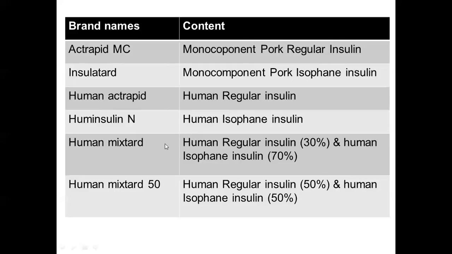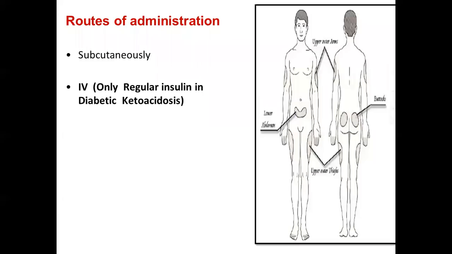And I told you we have got pre-mixed syringes. So you have got human Mixtard, which contains human regular insulin 30% and human isophane insulin 70%. Similarly, you have got human Mixtard 50, human regular insulin 50%, and human isophane insulin 50%. These are some of the brand names which you often come across in your medicine department. So once when you go for a clinical posting later on, you can have a watch on all these things, and maybe you can also watch the case records to see how they are prescribed. Though it is too early for you to go into those aspects, for greater understanding you can just refer to those records also.